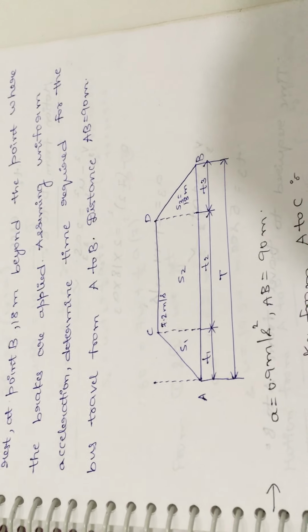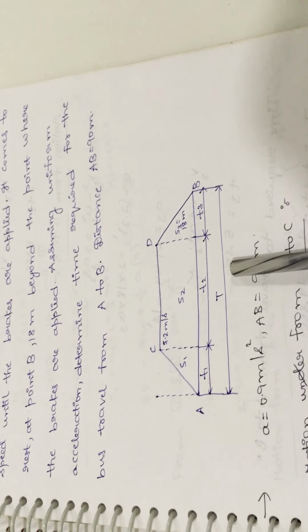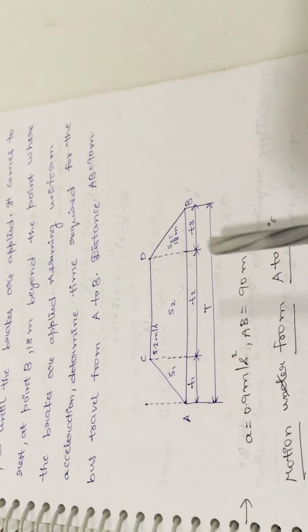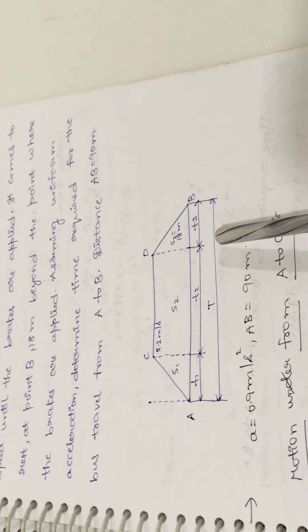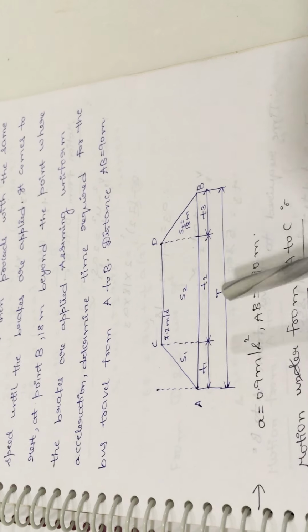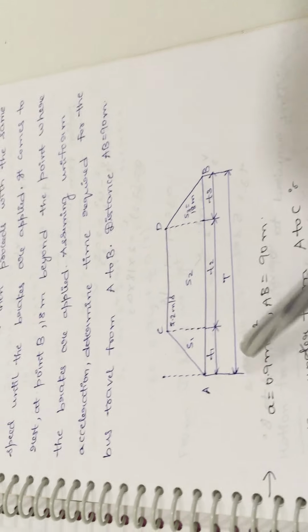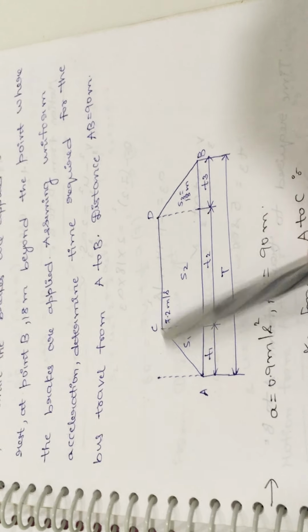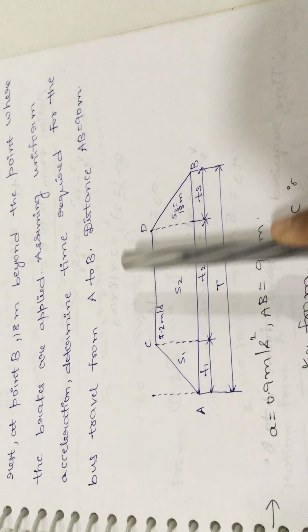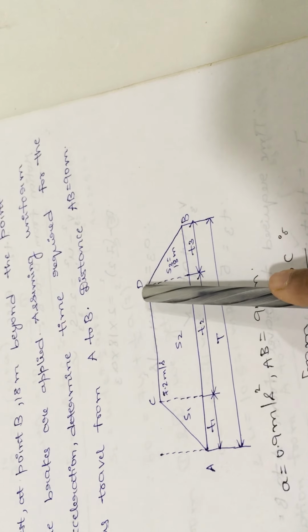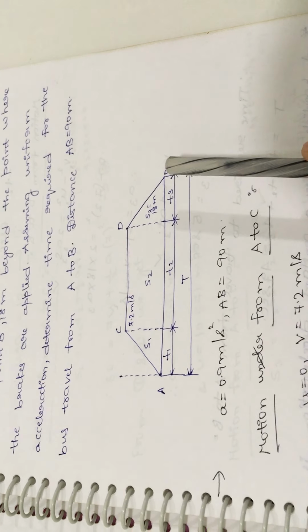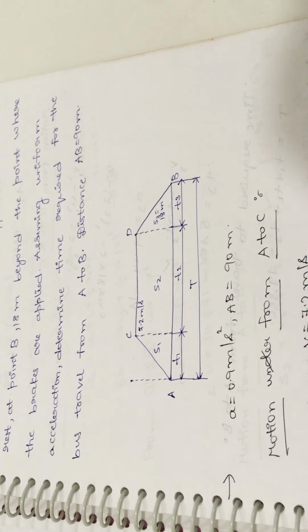Now observe the diagram here. In the complete rectilinear motion, different points are there, like A point, C point, D point and B point. As different points are there, we will consider the rectilinear motion stage wise, and we will solve the problem. Like rectilinear motion from A to C as the first stage. Next, rectilinear motion from C to D as the second stage, and rectilinear motion from D to B as the third stage.